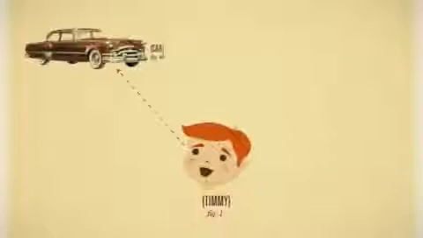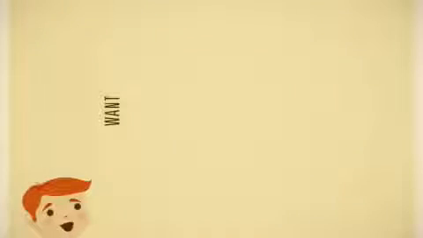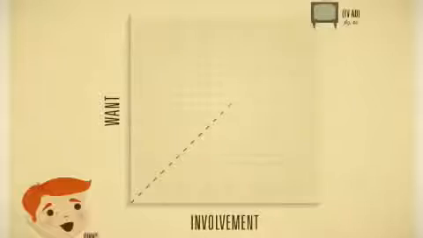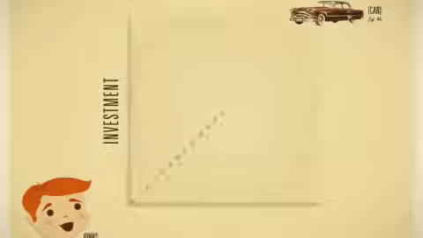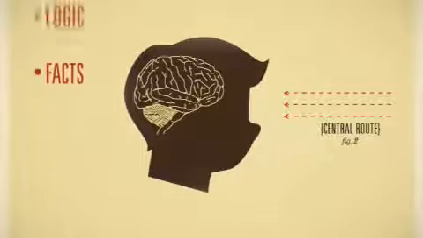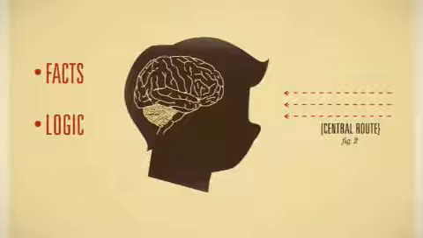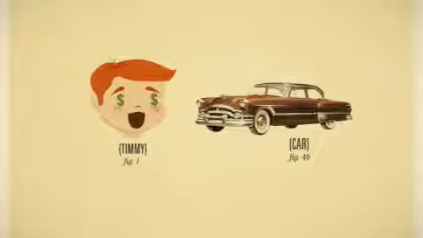Let's say you really want a new car, and you see an advertisement for a car on TV. Because you really want a car, you are highly involved. Now you are more likely to listen to that commercial. Because a car is an expensive investment, it has high perceived risk, which is defined as potential for loss in the pursuit of a desired outcome. By way of the central route, you will look at the facts and use logic to make your decision. It is more effective when the facts and arguments are more believable, and then you will buy that car, Timmy. This route often leads to more permanent attitude change.